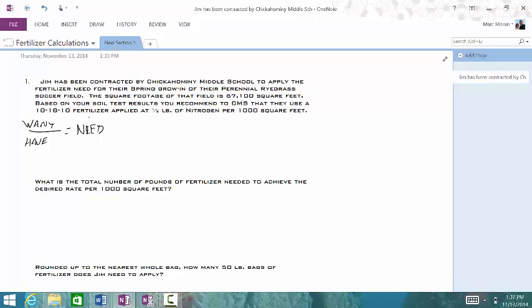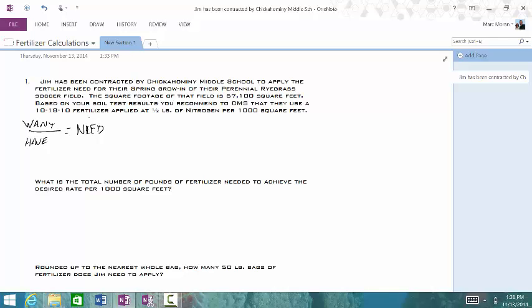So looking at this particular question, it says Jim has been contracted by Chickahominy Middle School to apply the fertilizer needed for their spring grow-in of their perennial ryegrass soccer field. Square footage of that field is 67,100 square feet. Based on the soil test results, we recommend that the middle school use a 10-18-10 fertilizer applied at a half pound of nitrogen per 1,000 square feet. We typically will always make recommendations for fertility based on the amount of nitrogen that needs to be applied. Why? It's because it's the most readily used nutrient, and it's also because it is the quickest nutrient to leach